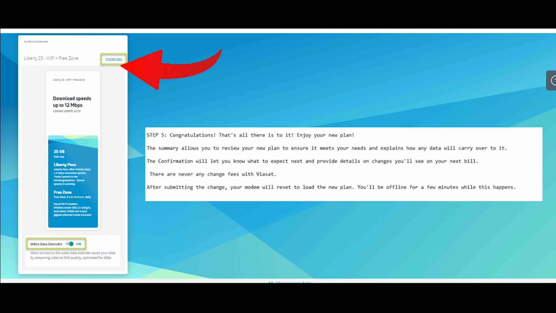Step 4. After selecting your new plan, the confirmation page will appear. Review the terms and conditions, then click on Confirm. Step 5. Congratulations. That's all there is to it. Enjoy your new plan. The summary allows you to review your new plan to ensure it meets your needs and